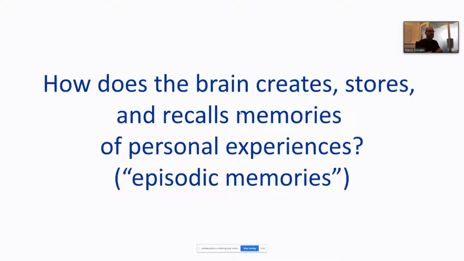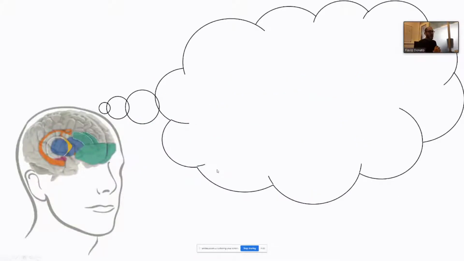These are categorized as episodic memories. Before we go further into the details of how this was discovered and how the brain does it, I want to clear the air and define what I mean by episodic memories. Episodic memories are memories of things that happen to you during your lifetime. For example, you have all been in Trondheim, Norway, on the 17th of May. It is a national holiday of the Constitution, I guess.